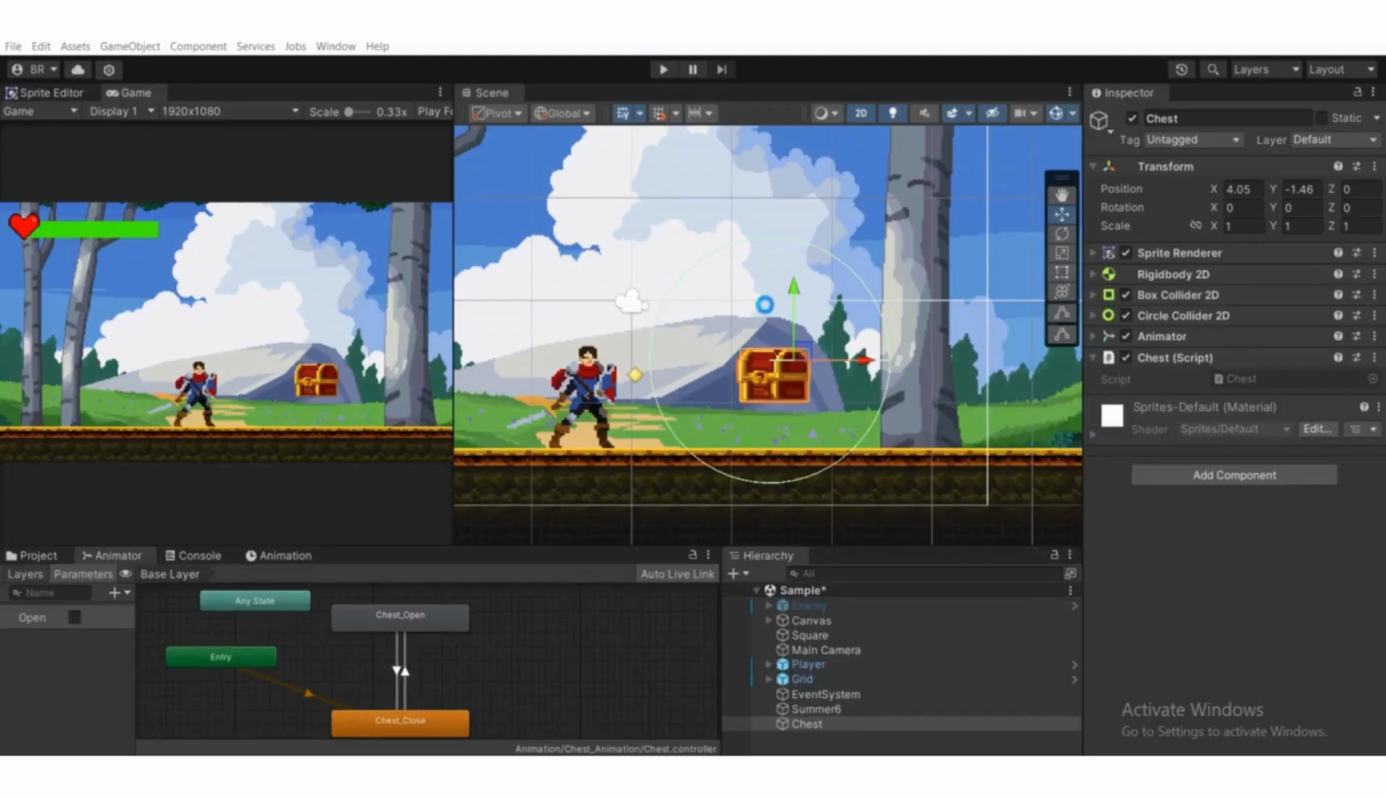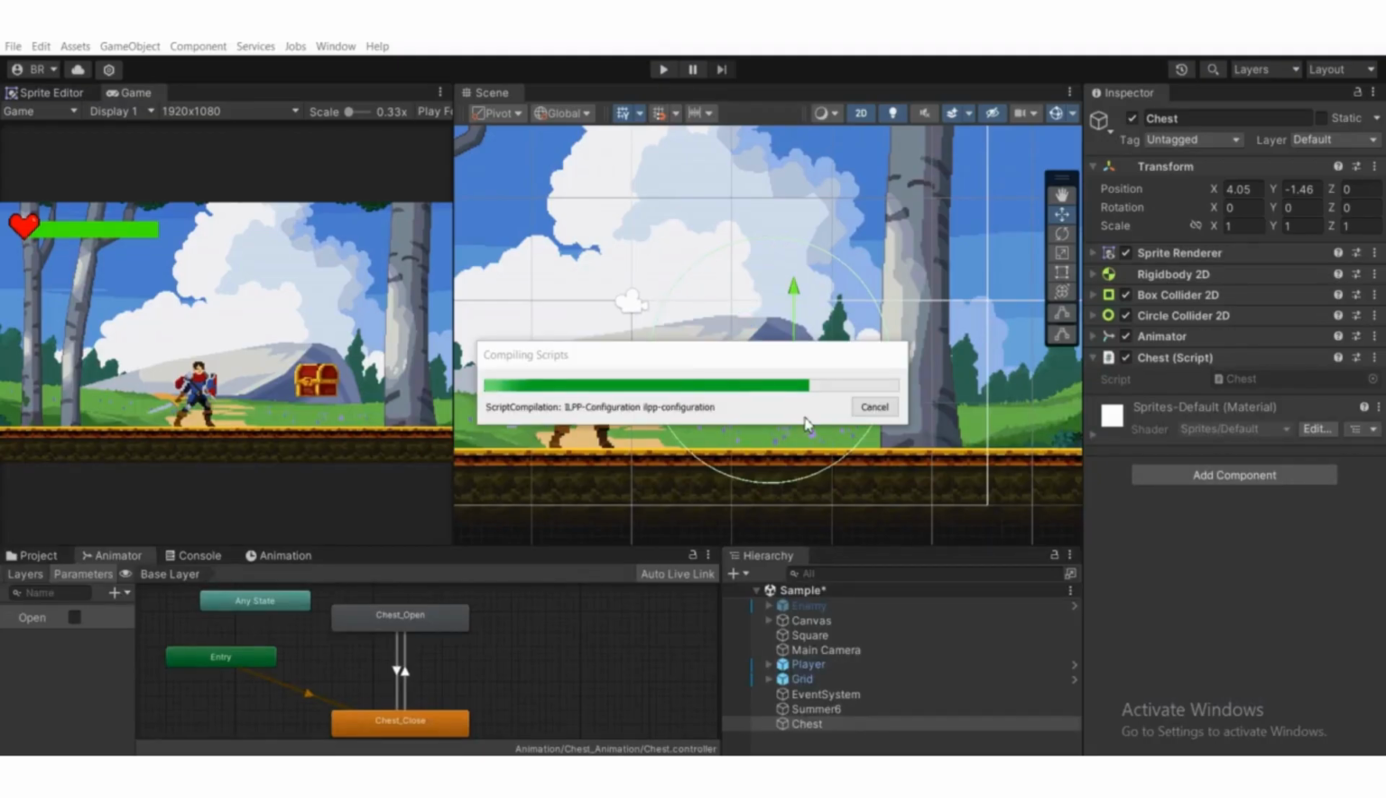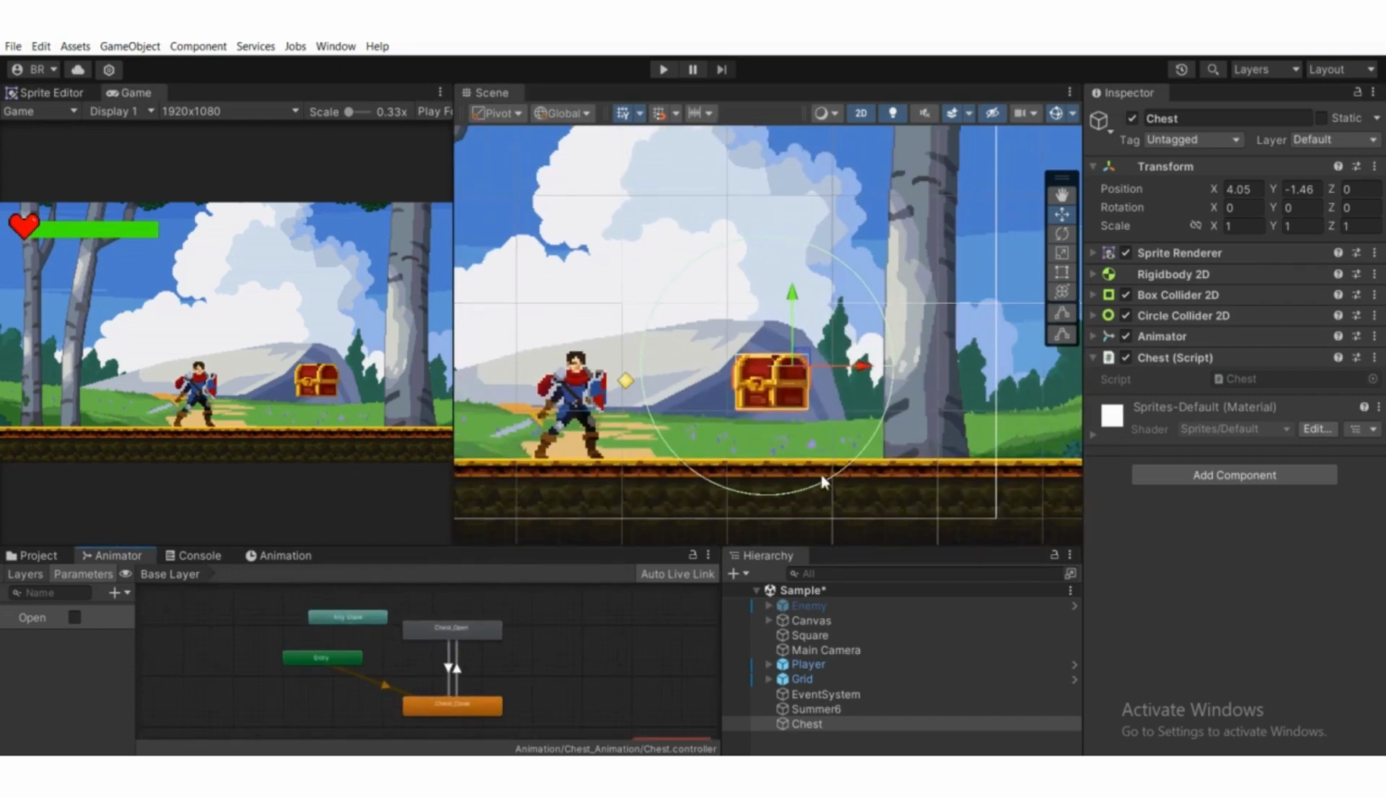Whenever we trigger out with this circle, we are setting this open parameter to false. If the open parameter is false, we go to the chest close animation. We have chosen that condition. If the open bool parameter is false, we just play the chest close one. By default we are playing the chest close one. Now if I hit play,